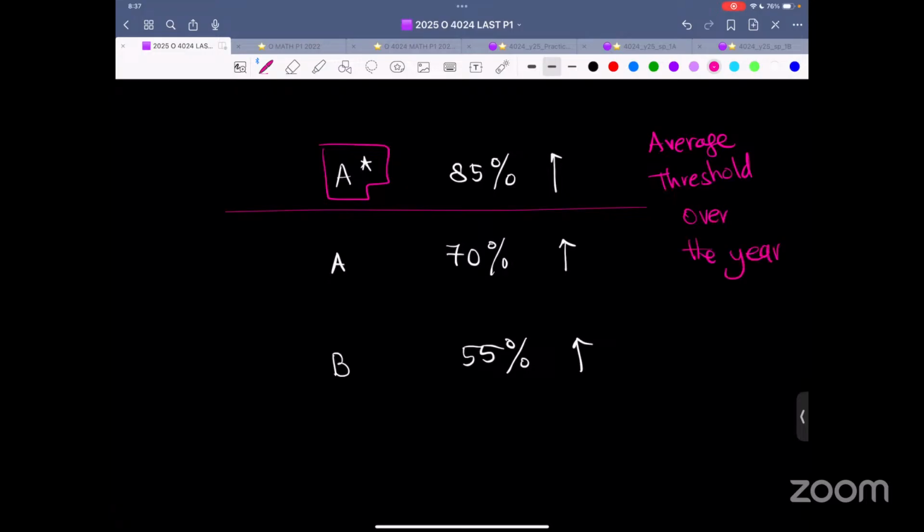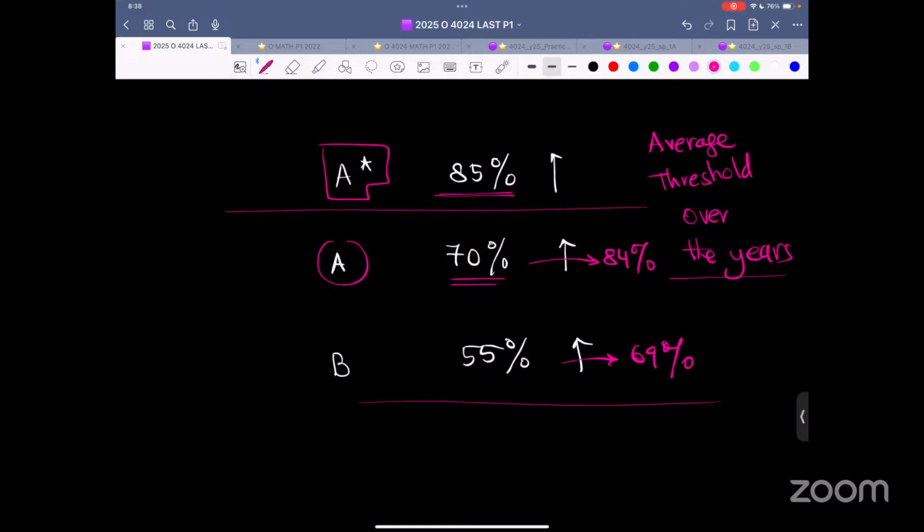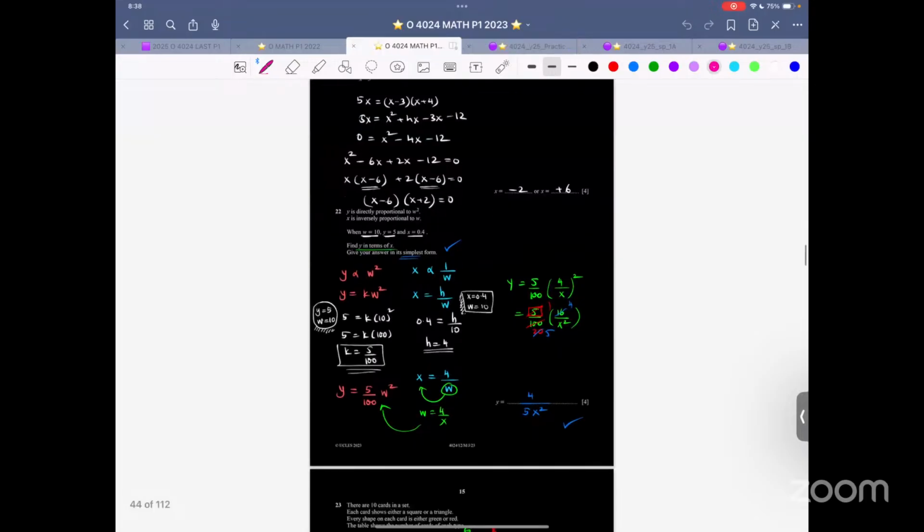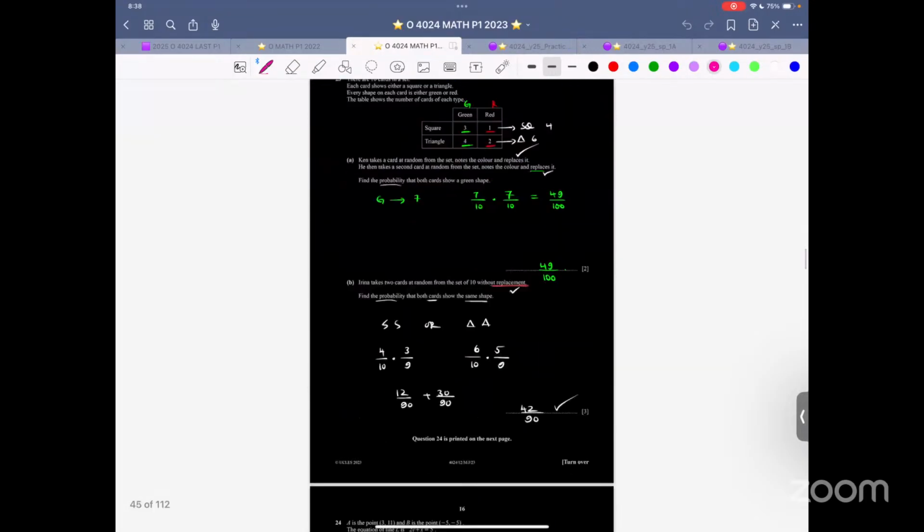So if we are looking at this, then 85 above is A star, between 70 to 84 is A, between 55 to 69, that is a B. So that's more or less the same thing. So now this thing is done. Where was I? I was here. So now let me